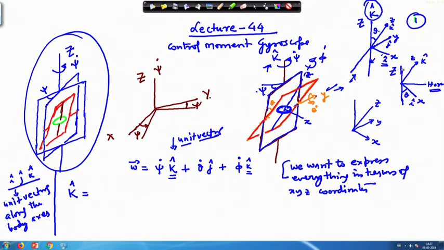So, what will be the unit vector along the z direction? This will be simply, we can write here minus i cap, because this i cap is along the downward direction. Okay. So, in the negative direction of this capital Z. Okay. So, we are taking the components along this direction of the unit vector. So, minus i cap cos theta. Okay, angle we have missed out, this angle we are taking as theta. Okay. So, this is 90 minus theta.